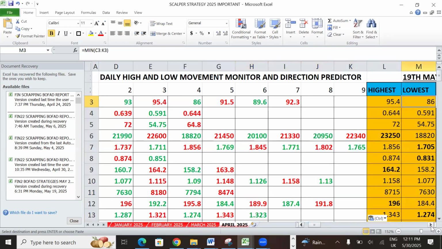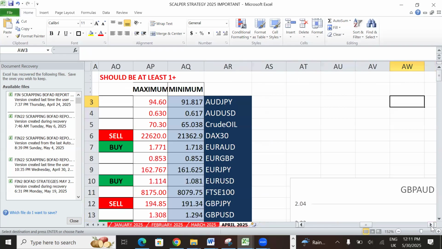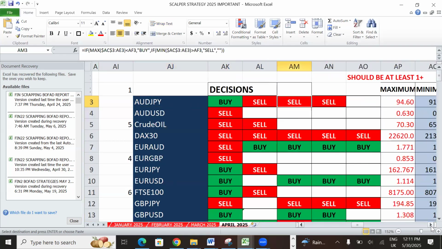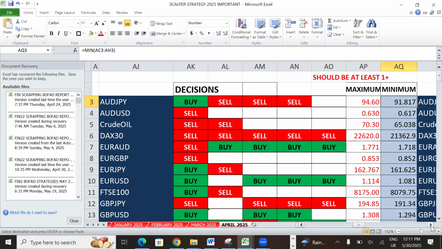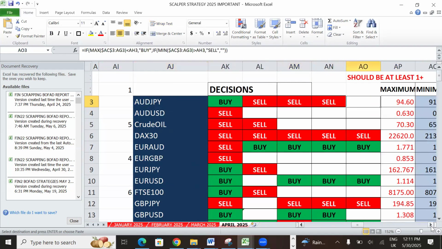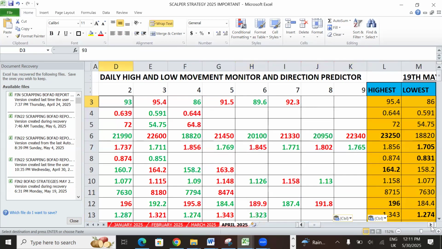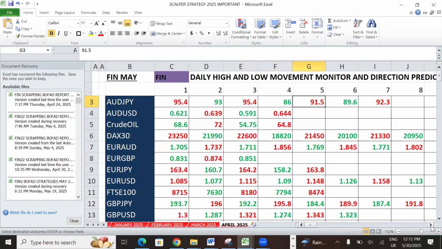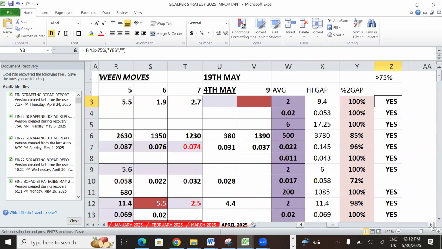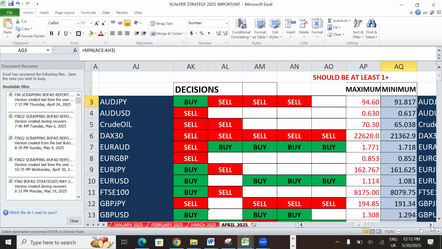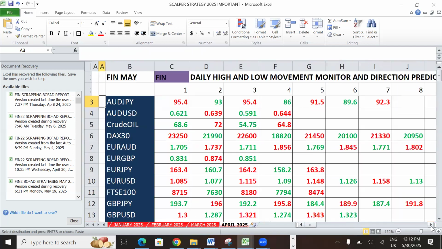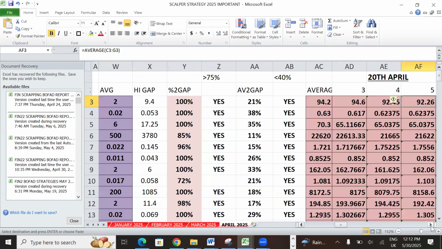So that's the final. Let's open our transitions. You can see ADJPY from buy to sell all through to the minimum of 91.8. So anything below 91.8, we start buying. You can see here, this 96 is a good point to buy, and the price finally came to 92.3. Meanwhile, I was supposed to start selling initially from 94.6. If I started selling from 94.6, we would have made profit from 94.6 down to the minimum of